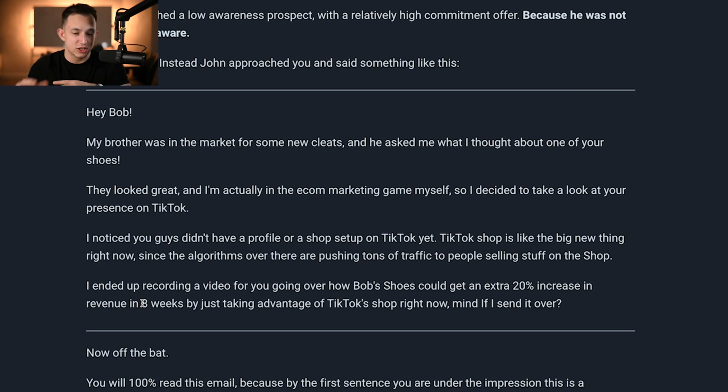Now, this is actually a real email that we're running for a real client, and this isn't exactly how our email is portrayed because obviously we don't want to give away the exact way we're doing things, but it looks like how our email looks. It's not the exact email, but it's similar. And this email right now is ripping. The exact offer is different because obviously I can't share that, but the concept here is first of all, we're segmenting, and I have an entirely different video on that.